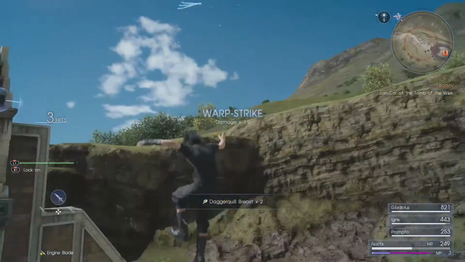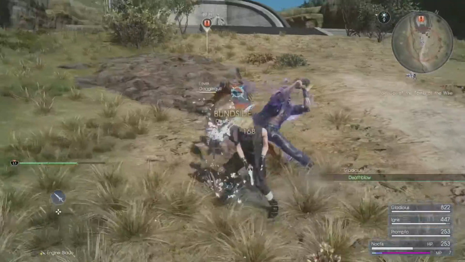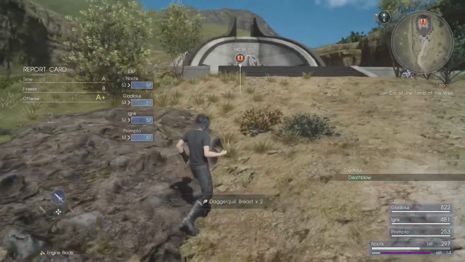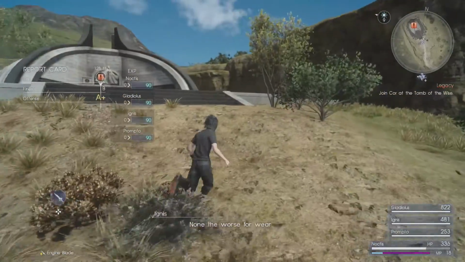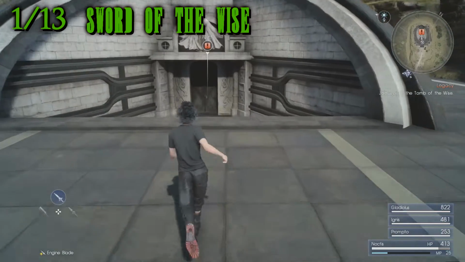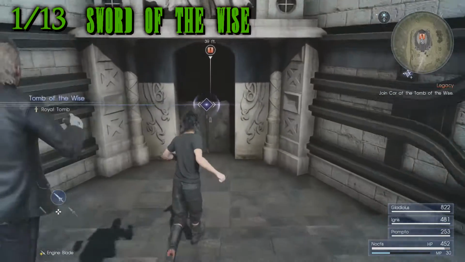Fantasy 15. So there are 13 royal weapons altogether. 7 of them are compulsory, which you get through the story, and 6 of them are optional. So the first one here is the Sword of the Wise, which you get in Chapter 2 on the mission